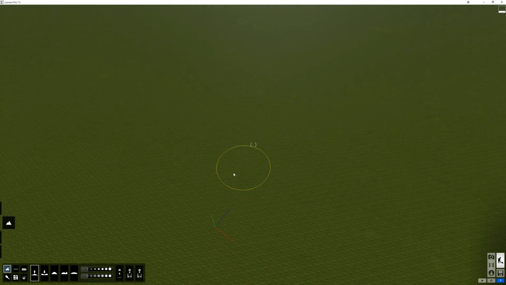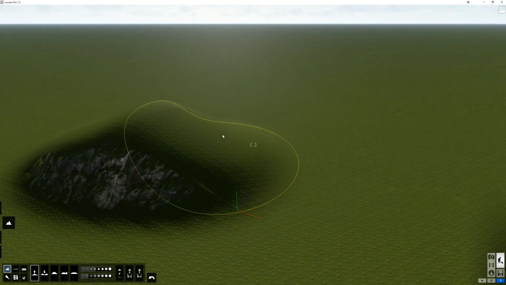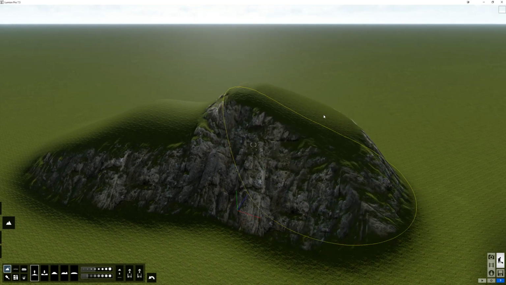I'm going to get a little bit more aerial here, just to kind of show you. So the buttons here are rise, lower, flatten, jitter, and smooth. And you can control brush size, and you can see as I increase it, my sphere of influence, if you want to call it, will increase. And then my brush speed. So I'm just going to go ahead and on this lower brush, start going. I'm going to left click and hold down and just start dragging around. And you'll see that I can start building a mountain